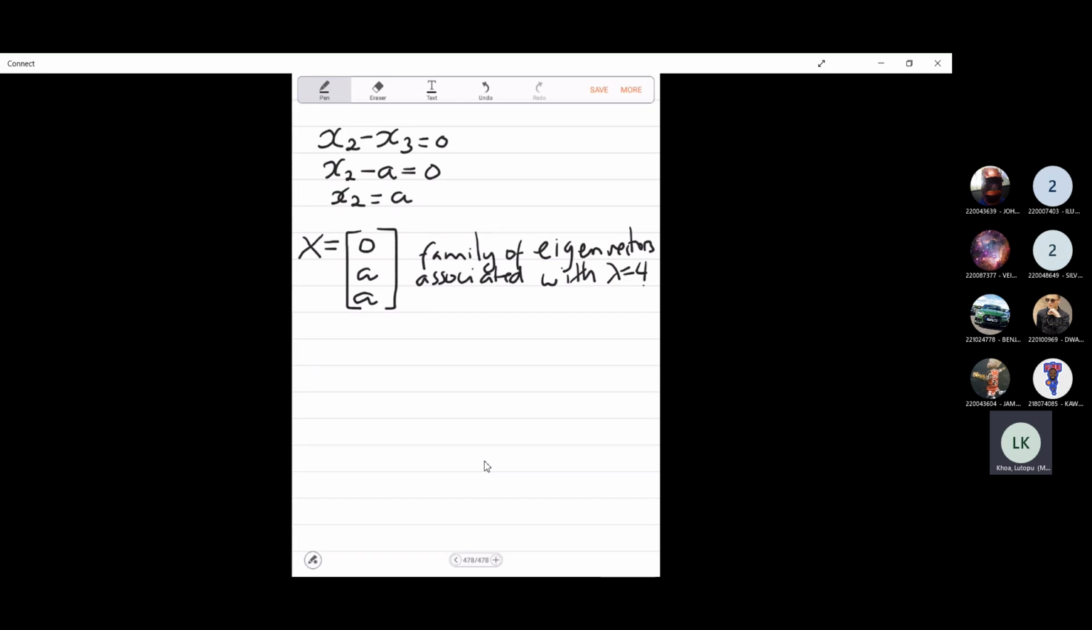Okay, and then we have what we call the usual eigenvector. So this one is where we let a equal to 1. So we have 0, 1, 1. And that means it will satisfy this equation, A minus lambda I, is equal to lambda x. Okay, so if you put your matrix X, which we started with,